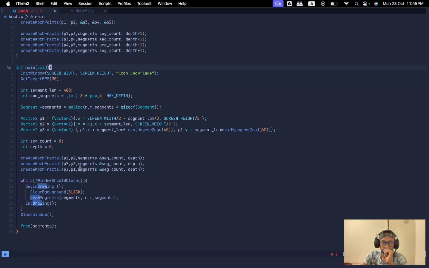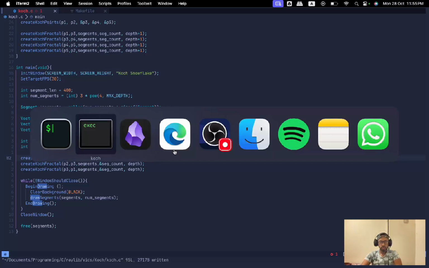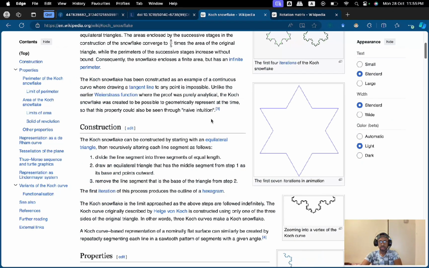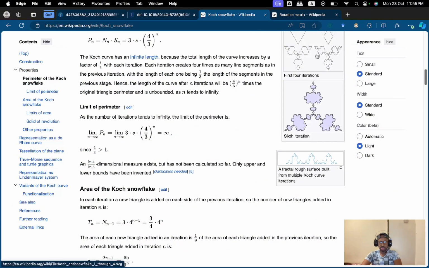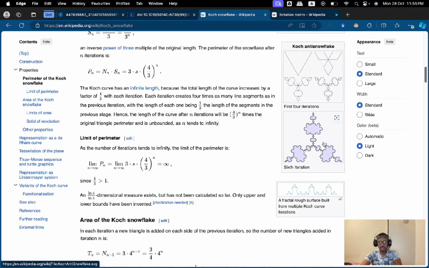I think there is something wrong with the order. Should I say from P2? Okay, it works anyways. So what we see here is that by changing the angle, we can find the other version